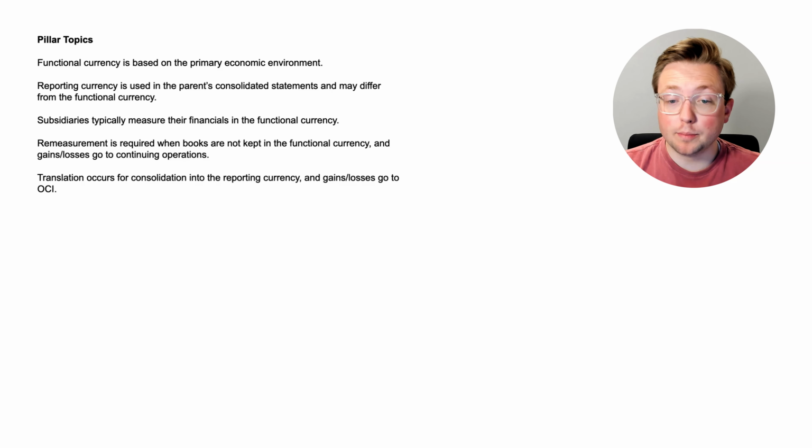Remeasurement is required when books are not kept in the functional currency, like I was saying, and gains or losses go to continuing operations. And then translation occurs for consolidation into the reporting currency from the functional currency, and gains or losses go to OCI, not to continuing operations. Those are the pillar topics, the basic ideas that we learned throughout these first 5 questions,